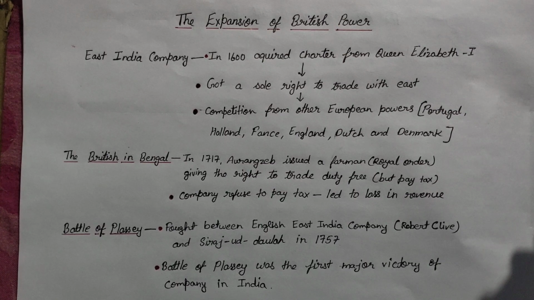At that time, the rulers of Bengal were very strong. It started with Murshid Quli Khan, followed by Alivardi Khan, and the last major Nawab here was Sirajuddaula. Sirajuddaula refused all concessions and asked the company to remove all its fortification. The company refused to do so, and they decided to depose Sirajuddaula and install a puppet Nawab in his place. This led to a war.